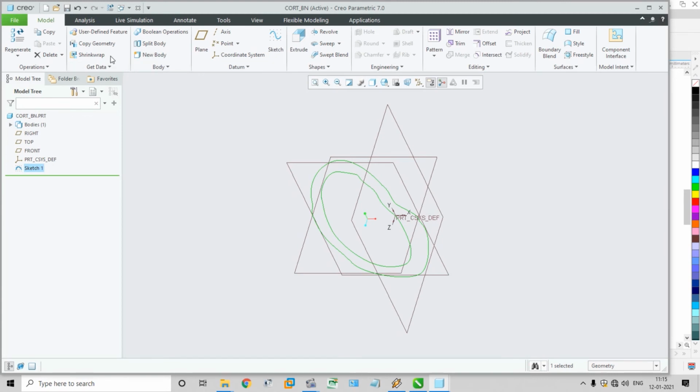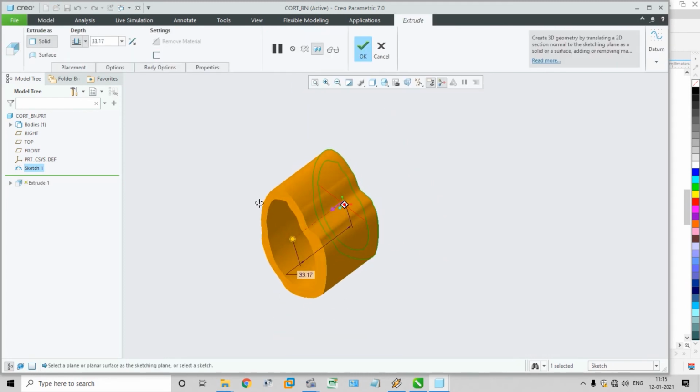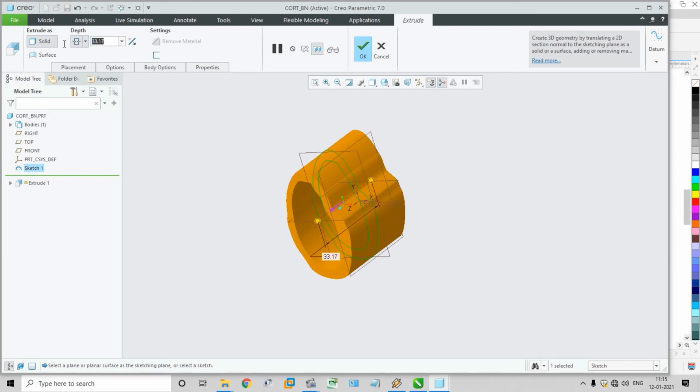Click OK, then we have to extrude, so the 2D sketch is converted into 3D. Just click extrude. So adjust from the middle part. The total length of the mandibular bone segment, you can give 30 millimeter, that's it, tick the OK.